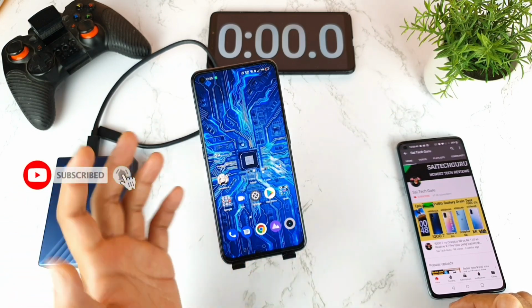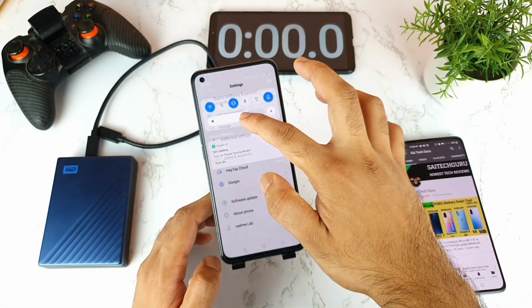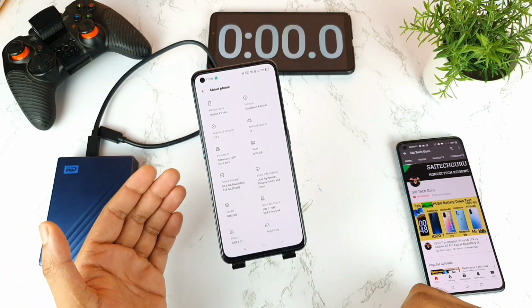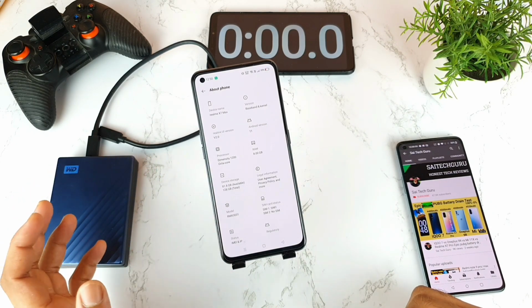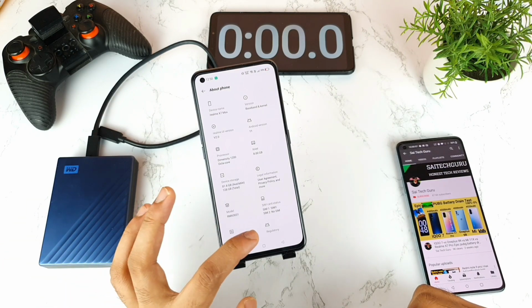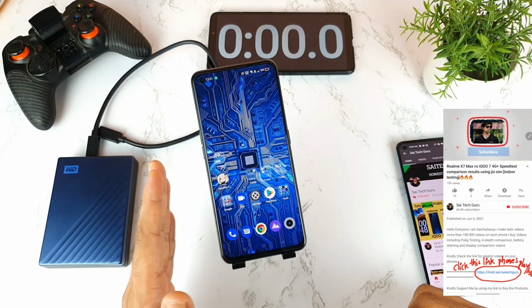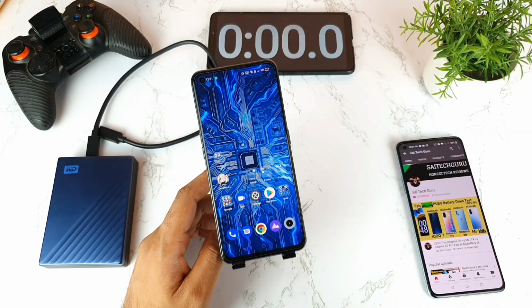That's another really interesting thing. If the 5 TB works, then definitely you don't need to worry about 2 TB and 1 TB storage devices. That should not be a problem for the phone. But let's see what the transfer speeds will be and how much time it takes to transfer. I'll use a 1 GB file as a sample to copy and paste from phone to hard disk and hard disk to phone. I'll also calculate how much time it takes to copy. So let's see, friends, what the result will be.